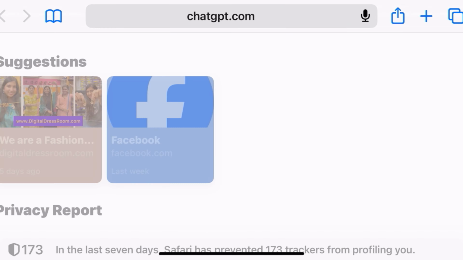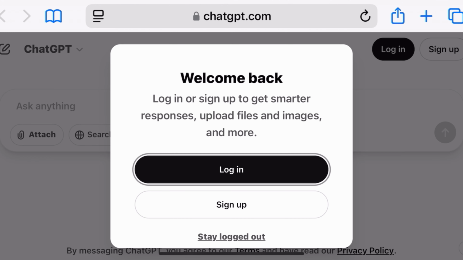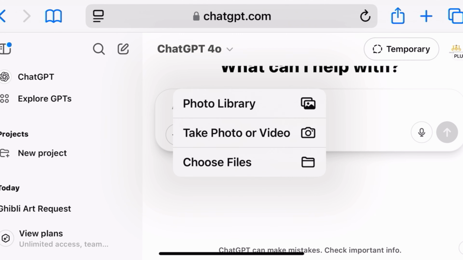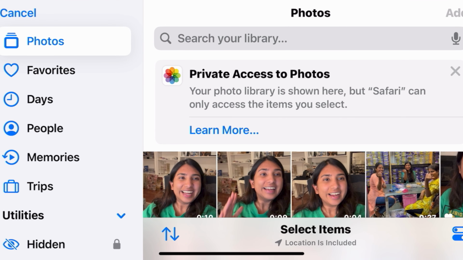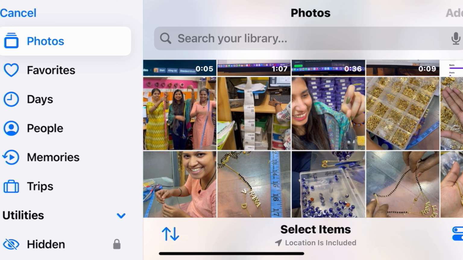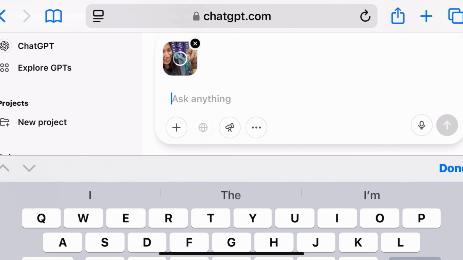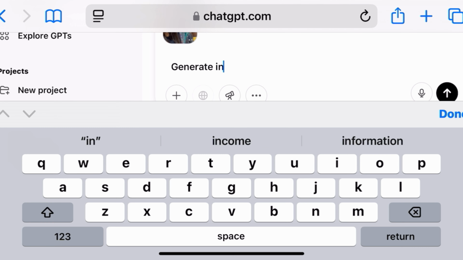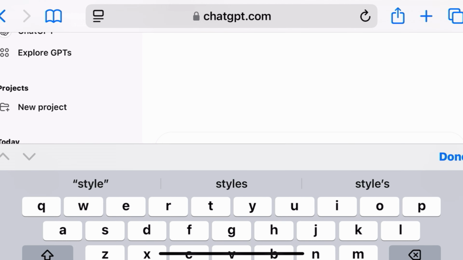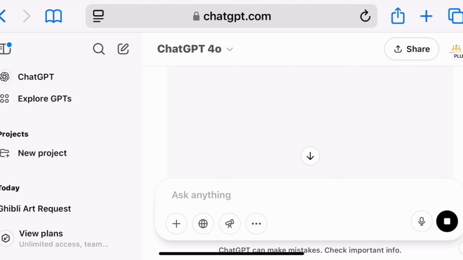You log into ChatGPT first with your email or Google account. After you've logged in, you can upload your image that you want to create in Ghibli style. Please keep this in mind that with a free ChatGPT account, you can create only 2 free Ghibli style photos. The processing is a little long. It'll take about 5 odd minutes, but I'm telling you, it's totally worth it.